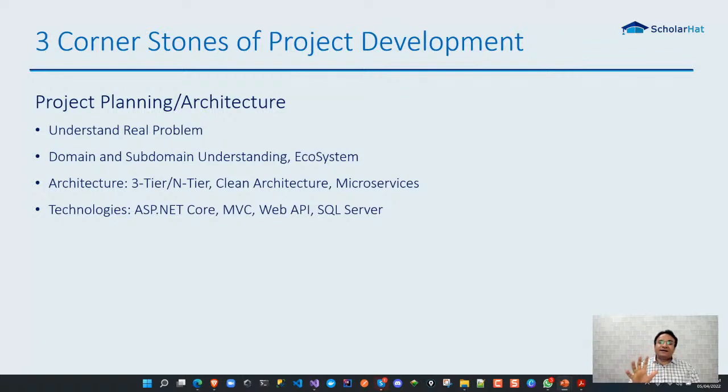You need to understand the ecosystem perfectly if you want to be a solution architect, if you want to be a tech lead in your company, because without understanding this, you are not able to design it well, you are not able to architect it well. Then we decide the architecture: 3D architecture, clean architecture, microservices. So these things should be decided after understanding that ecosystem, after understanding the domain, after understanding that real world problem,